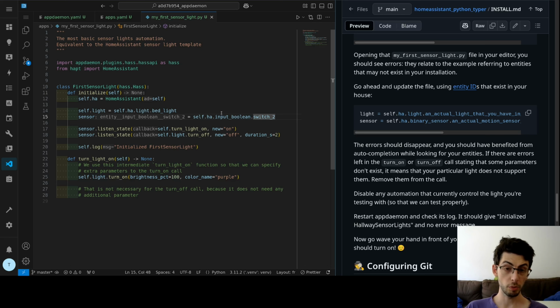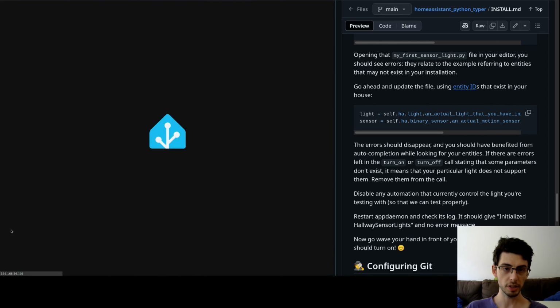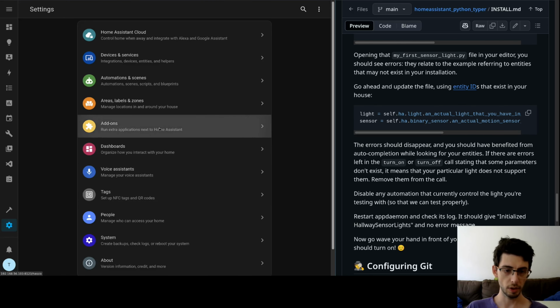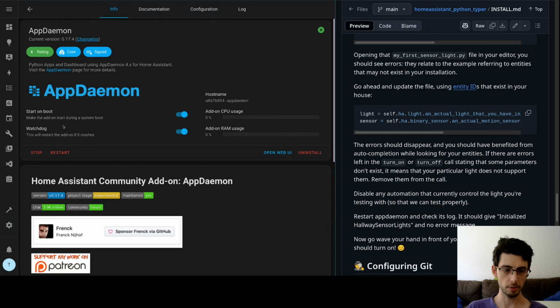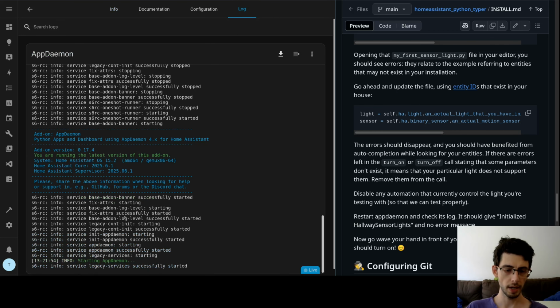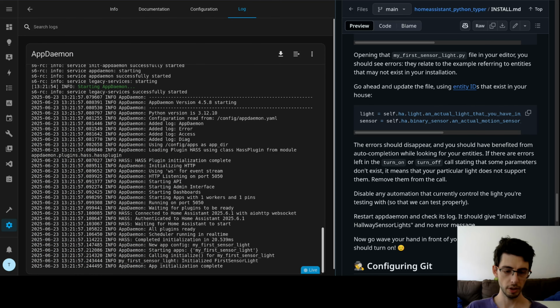Now, because we've removed the Hello app from AppDaemon, we may need to restart AppDaemon. So let's head over to Add-ons, AppDaemon, and hit Restart. By heading over to the log, we can see AppDaemon starting and succeeding to initialize.